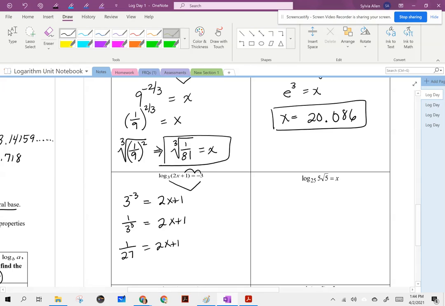I'm sorry, we're just going to subtract 1. So I've got 1 over 27 minus 1. So 1 over 27 minus 27 over 27 gives me -26 over 27